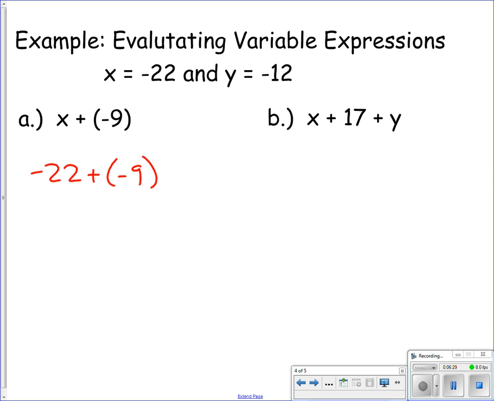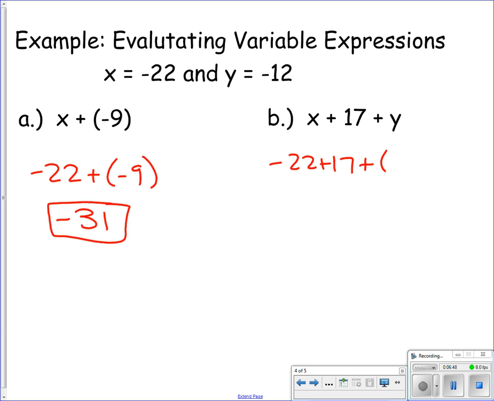They're both negative, same sign. You have to check that. Since they're both negative, I'm going to add them together. That's 31, and since they're negative, my final answer is going to be negative. So it's negative 31. For example B, I'm going to plug in negative 22 for x, plus 17, plus y,